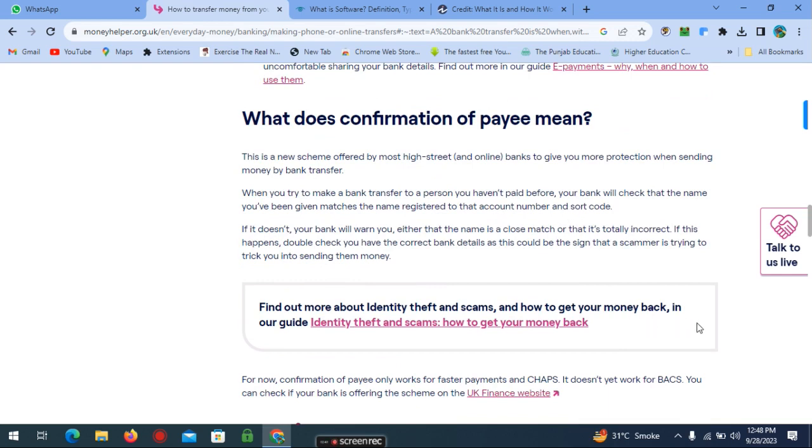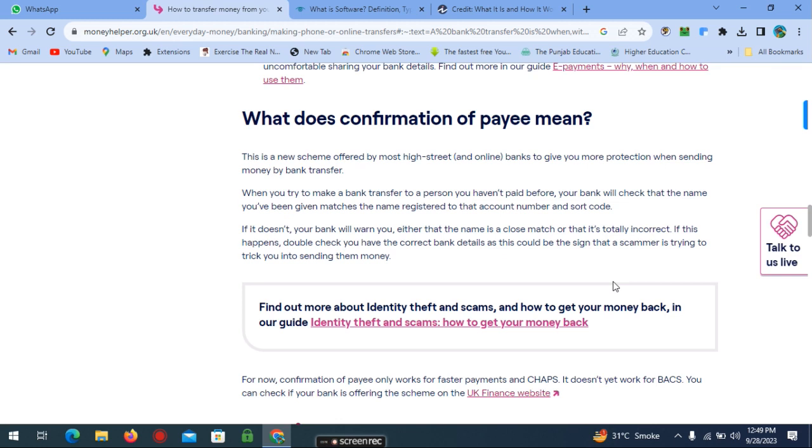What does Confirmation of Payee mean? This is a new scheme offered by most high street and online banks to give you more protection when sending money by bank transfer. When you try to make a bank transfer to a person you haven't paid before, your bank will check that the name you have been given matches the name registered to that account number and sort code.